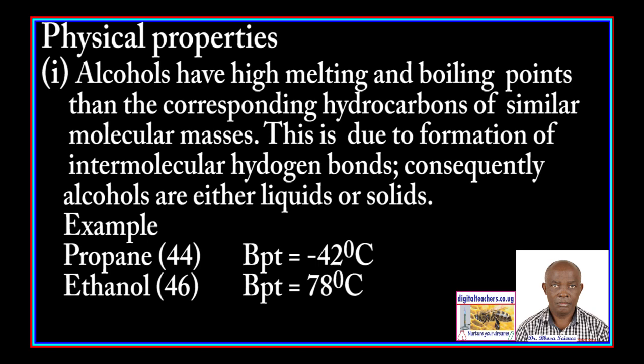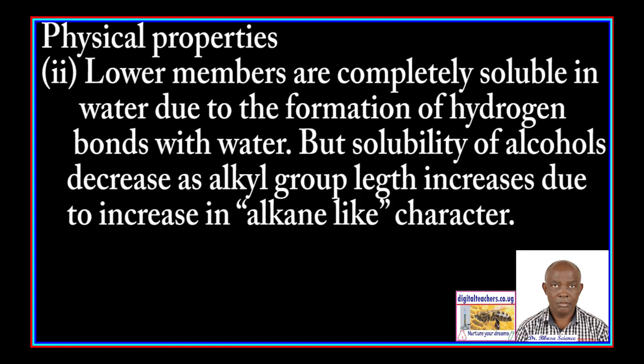Consequently, alcohols are either liquids or solids. For example, propane, molecular mass 44, has a boiling point of -42 degrees Celsius, while ethanol, molecular mass 46, has a boiling point of 78 degrees Celsius. 2. Lower members are completely soluble in water